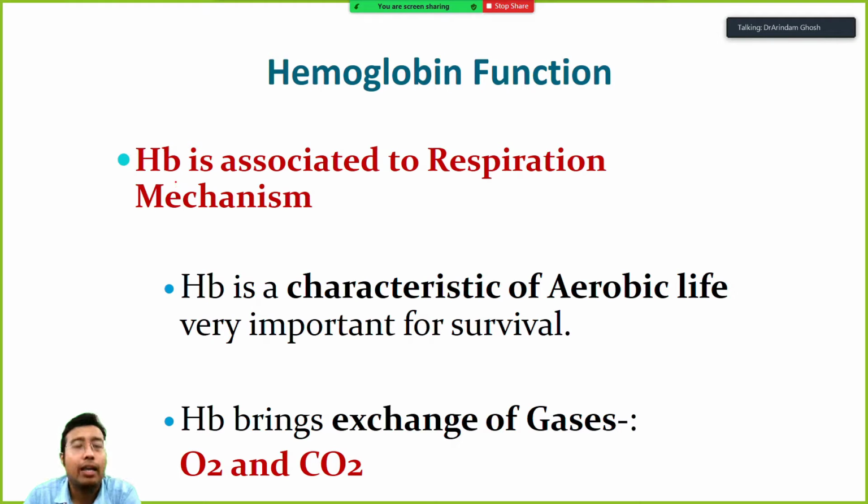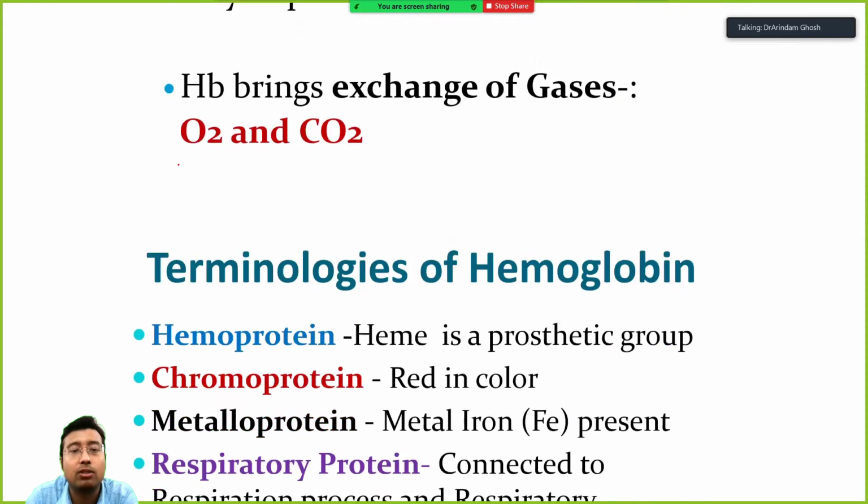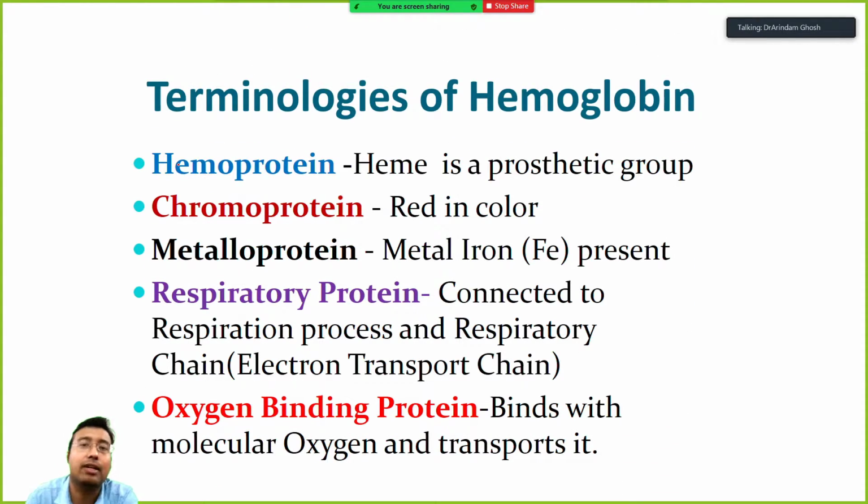See now, hemoglobin is related to the respiratory mechanism. Why? Mainly because our ancestors moved to an aerobic lifestyle. We need oxygen for living. If we continued our deep sea lifestyle, for example, even now deep sea animals are anaerobic. They live in the dark and they don't need oxygen, right? So they don't need any oxygen carrying mechanism as well. So hemoglobin is not essential for them. However, for all higher animals, it is very essential since we have adapted to the aerobic pattern of respiration.